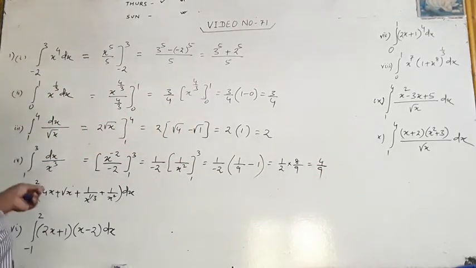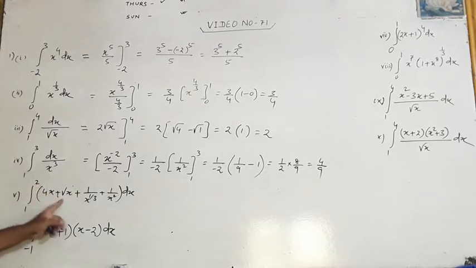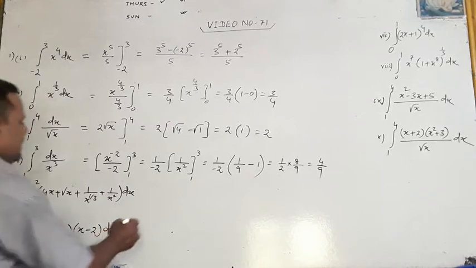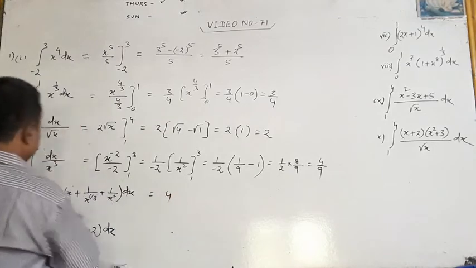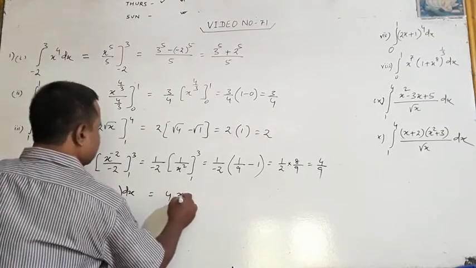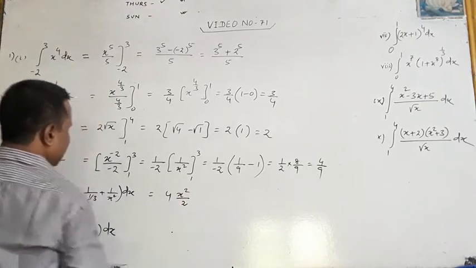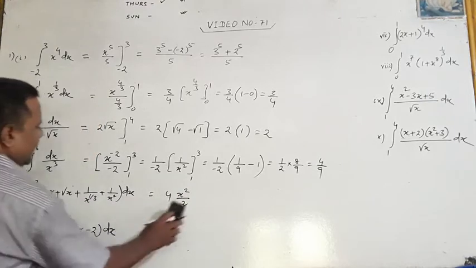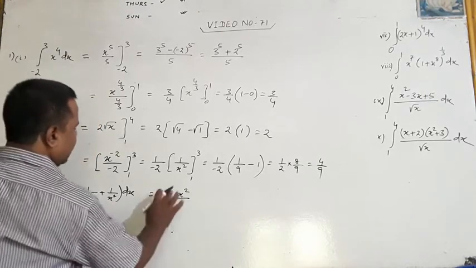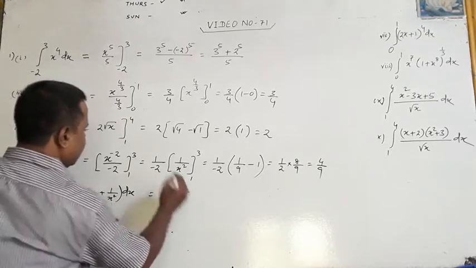Just put the value, first integrate, then put the value. These are very simple things. Similarly, you can also do the problems like this: integrate each part, or directly you can write the integration of 4x, x square by 2. What is the final result? The final result is 2x square. Okay, it is 2x square.